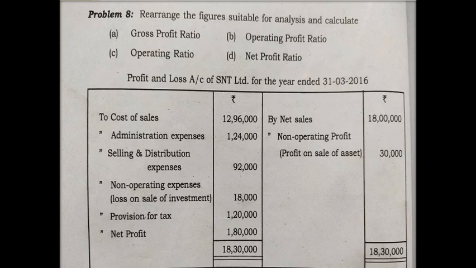So whenever you come across a question or case regarding profitability ratios, keep in mind that when sufficient data or information is not given in the question, you need to prepare a vertical income statement, which we have learned in detail in the second module. You need to prepare a statement like that. Only on the basis of that, you will get information like gross profit, operating profit and so on. So on the basis of the question, let's prepare an income statement.